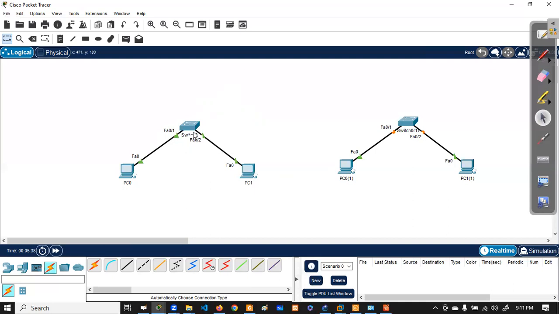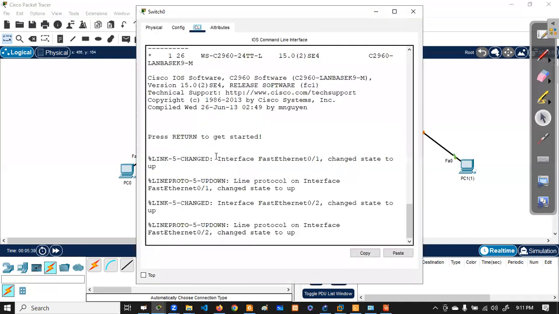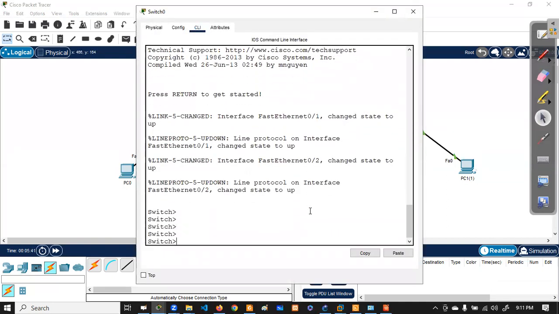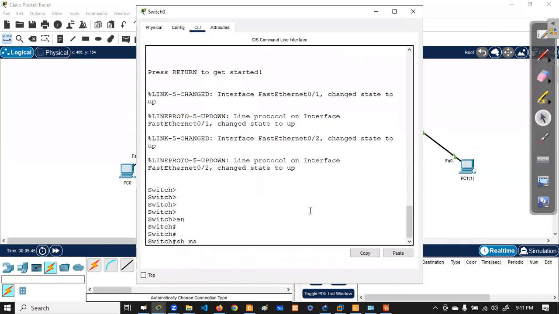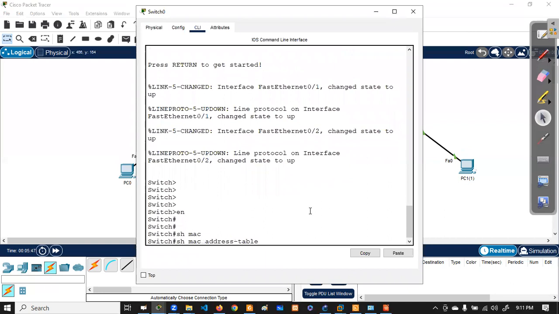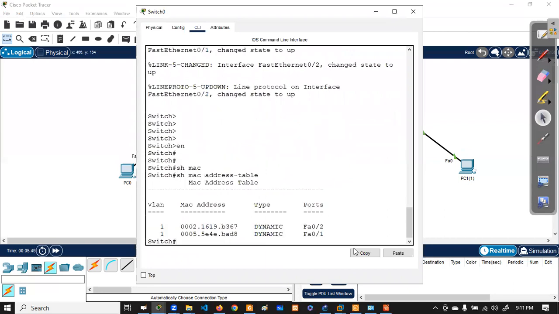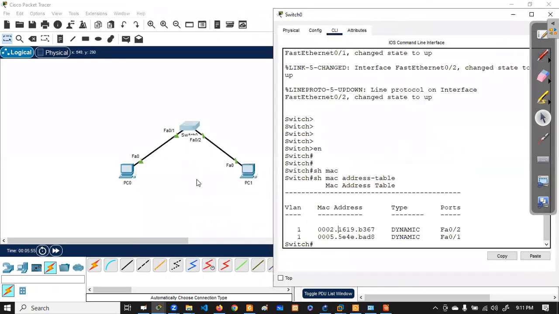So the switch always keeps the MAC address, not the IP address. You can see here, enable, show mac address-table. These two MAC addresses are of these two PCs.